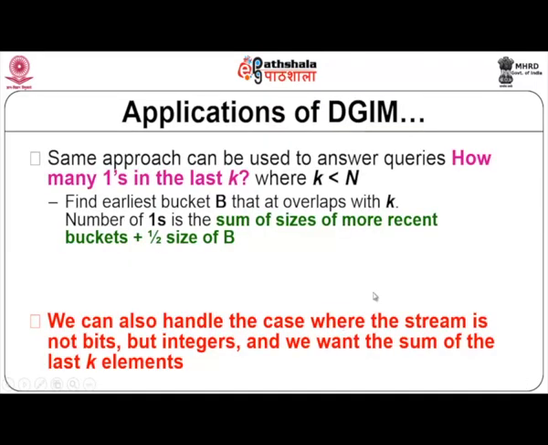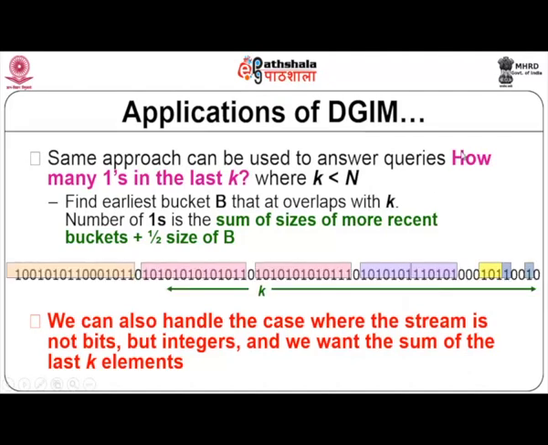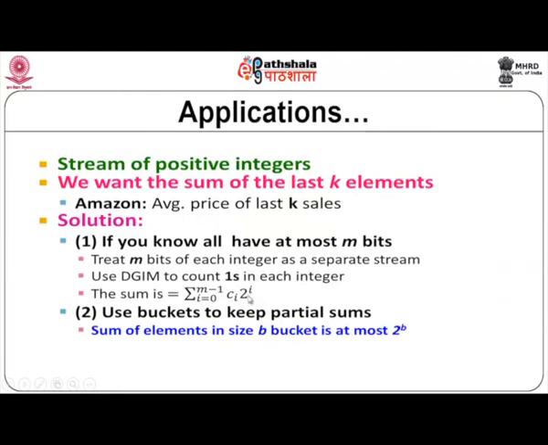A few applications of DGIM: instead of the number of ones, it can even indicate a value highlighting the count. Sometimes it can even be an integer. In certain scenarios, you can make use of positive values highlighting, say, the average price of a particular element that may be associated with various transactions that happened over a period of time. Then you can easily calculate the number of times the particular item has occurred and the average of the particular